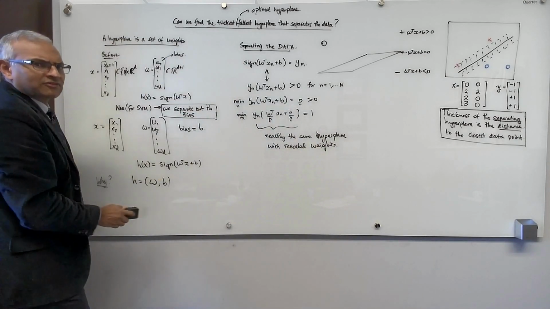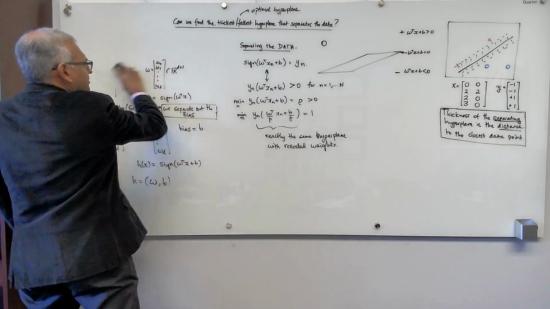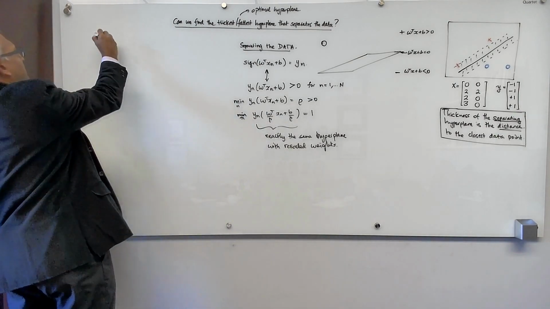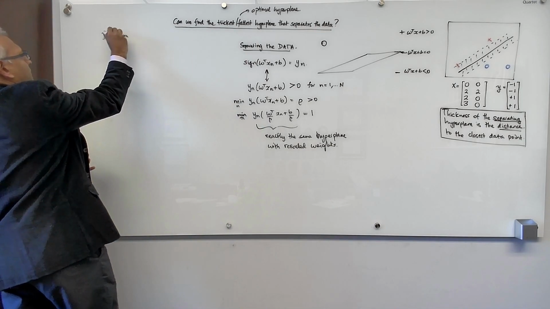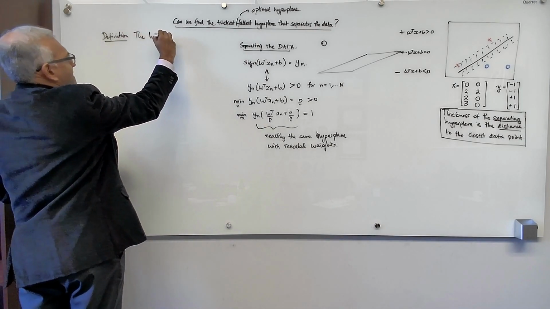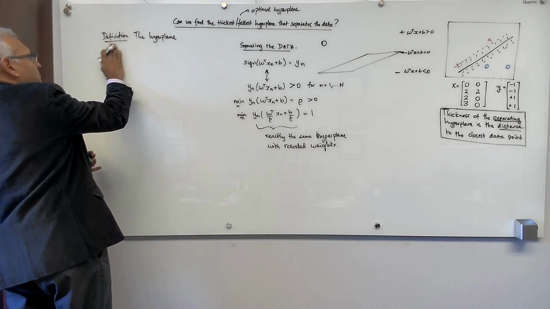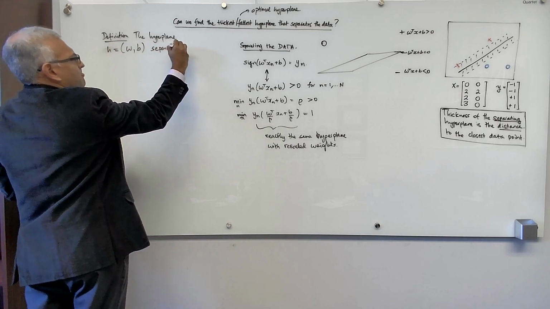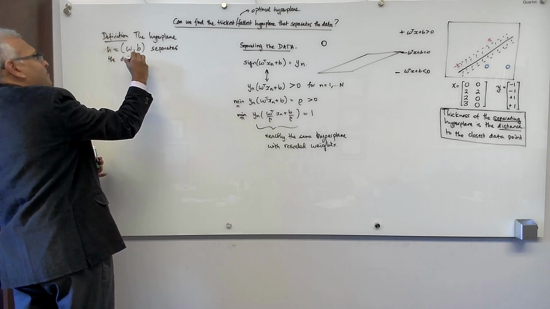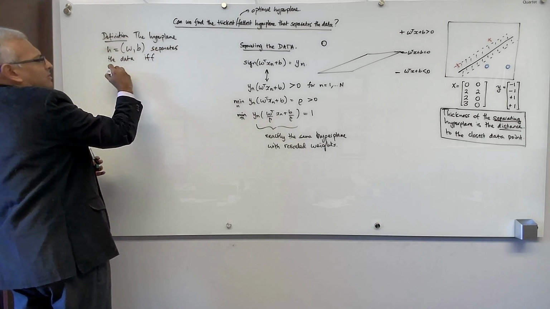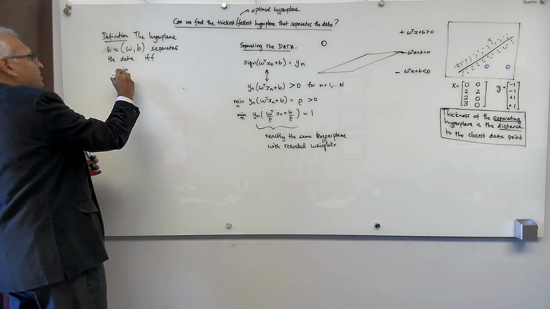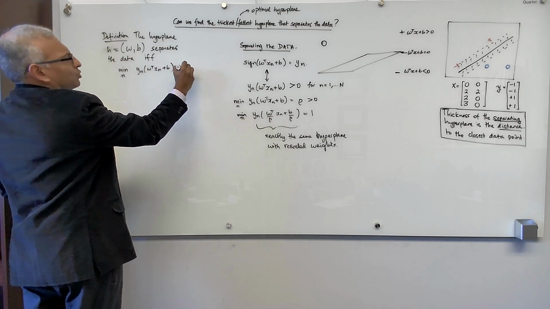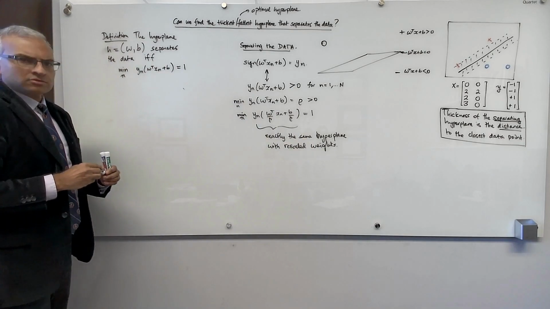Okay, so we're all comfortable with separating out the bias, so I'll erase this part. And let's define what it means to separate the data. Definition: the hyperplane H, which is specified by weights and a bias, separates the data if and only if the min over all the data points of y_n (w transpose x_n plus b) is equal to 1. So this is the condition that we're going to use to say that a hyperplane separates